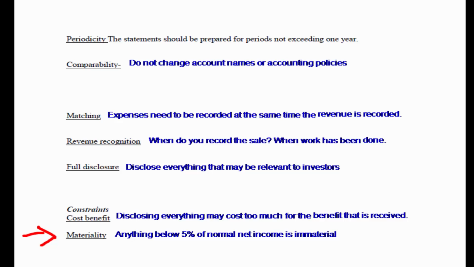If net income is about $100,000, $5,000 of expenses are immaterial. If you have revenue, for instance, of $5,000 or less that you don't know whether should be in year 1 or year 2, because this amount is considered immaterial, you can make either decision and it will not affect whether or not you are right or wrong, because the effects on the financial statements are negligible.